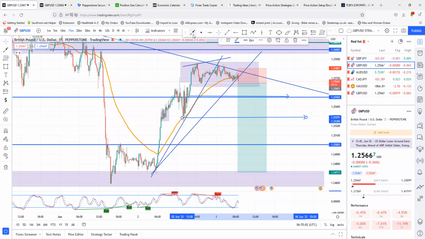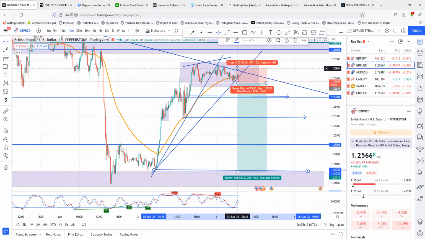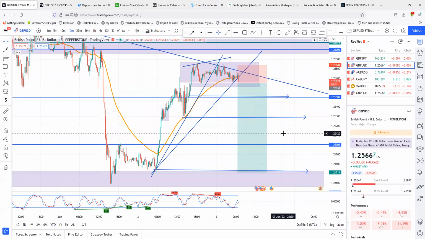And then the third take profit will be here. That's what I'm looking at. So I might use this one, like 18 pips here, just to be safe, the previous high, or 20 pips just to be safe. And then expect this candle to break